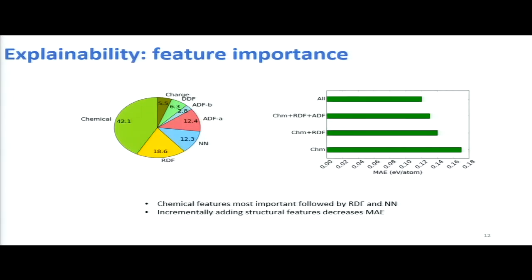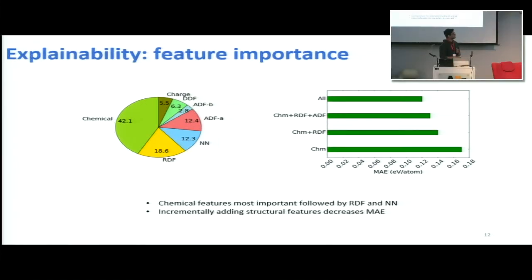One of the good things of using gradient boosting decision trees, for example, is that we get feature importance. So for each of the 1,557 descriptors, we get feature importance. Generally, they show that using a histogram plot, but here I just lump them using their classes, for example, the chemistry, the radial distribution part, the angular distribution part. What we find very interestingly is that chemistry is the most important feature for identifying the formation energy, for example. But second comes RDF, radial distribution, then angle distribution, and the last was the charge distribution. Similarly, we did something called the feature elimination plot,